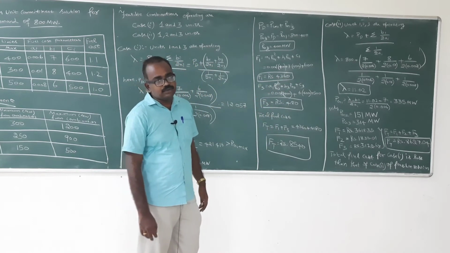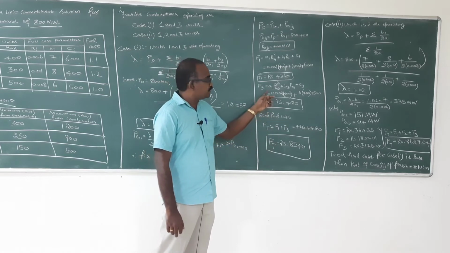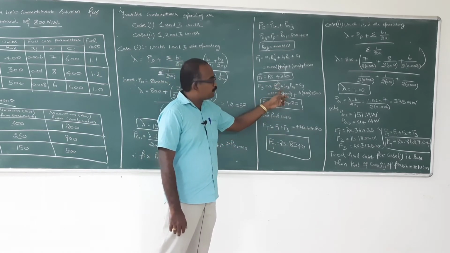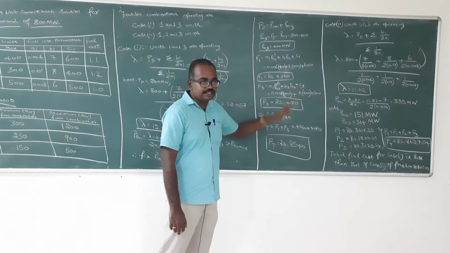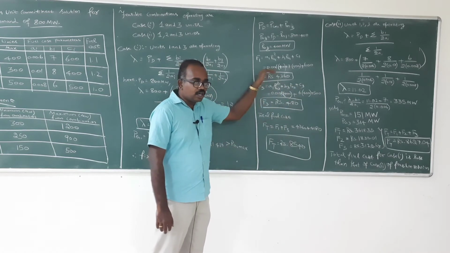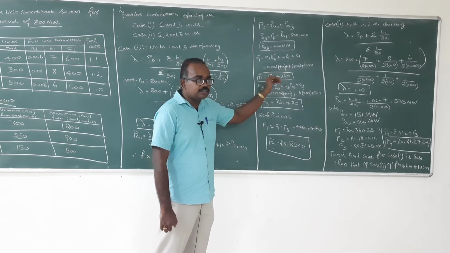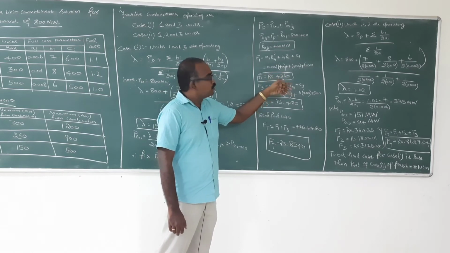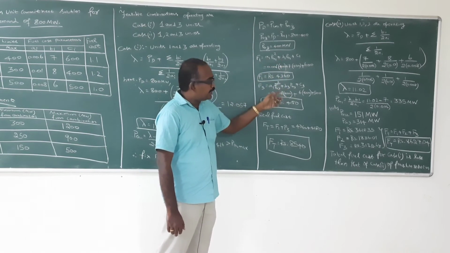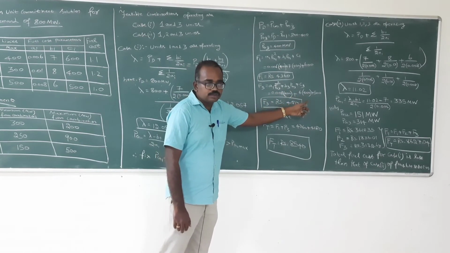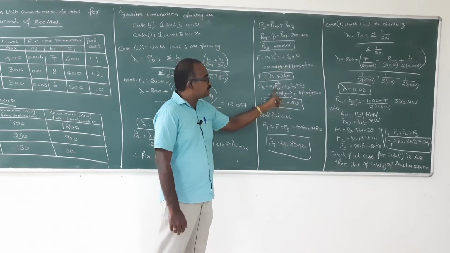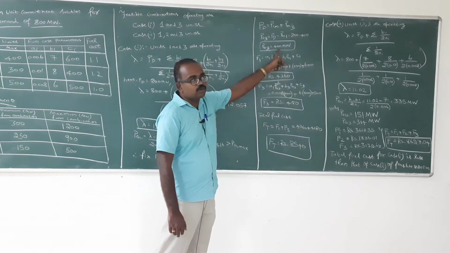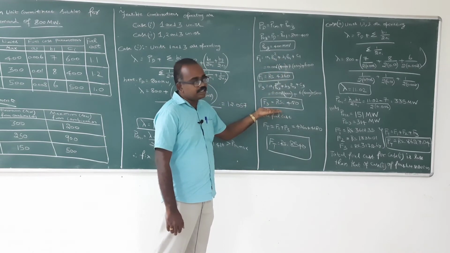Similarly, we have to calculate the fuel cost function, that is A3 Pg3 square plus B3 Pg3 plus C3. These cost function formations are seen in the economic dispatch problem, the derivation also. So kindly remember that, and we have to substitute all those values. So for F3, instead of Pg3 we have to substitute 400. So we can get the F3 as